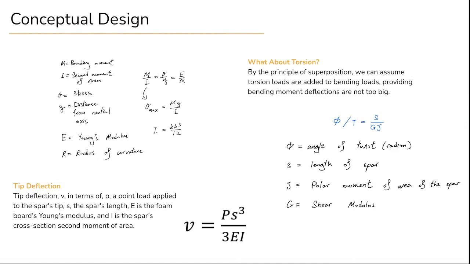To model our wing within limitations, we use Euler-Bernoulli's beam theory to determine the maximum tip deflection and derive an equation that correlates tip deflection with factors point load, spar length, Young's modulus, and the second moment of area. We also considered torsional compliance by simplifying equations to assess the wing's ability to withstand twisting loads by assuming deflections